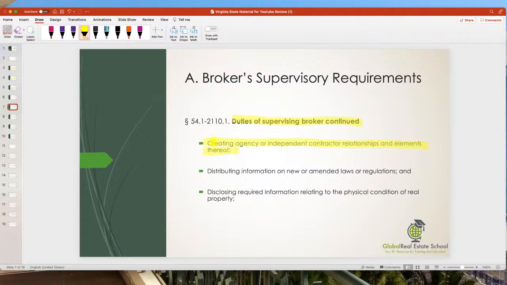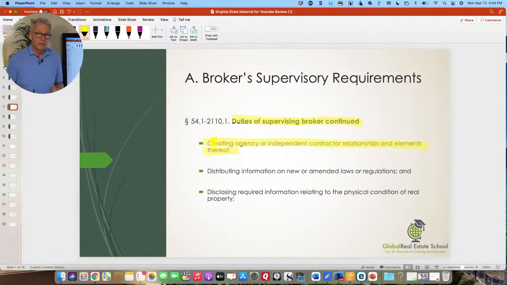One interesting thing that I think you should remember as a supervising broker is that when you bring agents on, they're either going to be an independent contractor or they will be an employee. Now, an independent contractor, remember, they're paying their own taxes. We studied about that in the national portion. They love these kinds of questions on the exam. So as an independent contractor, you work your own hours, you pay your own taxes. You need to be sure that you enter into an independent contractor relationship agreement with the broker.